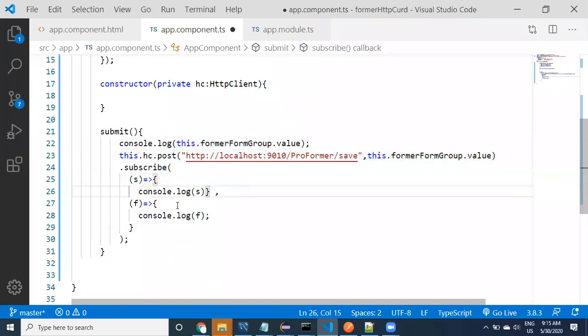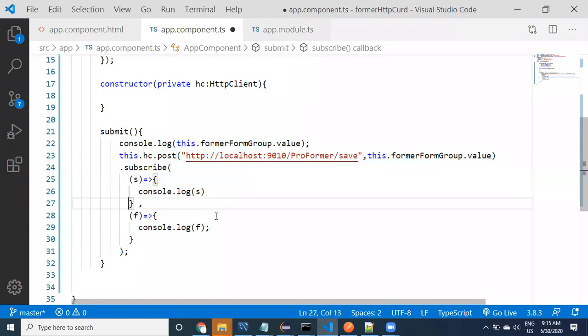You can write in multiple lines also, just make sure the two methods are separated by a comma. These two are the method parameters.